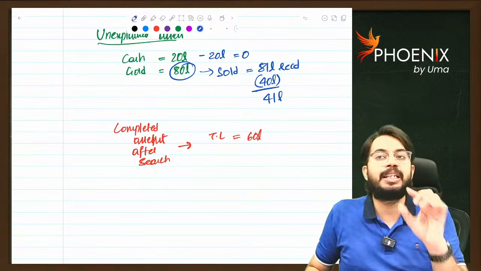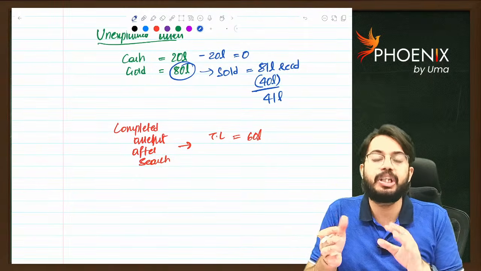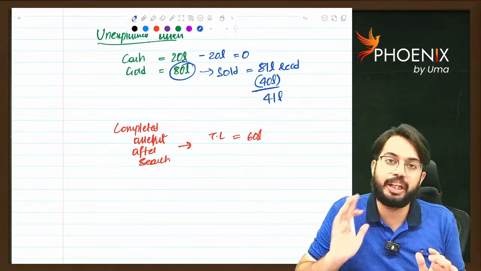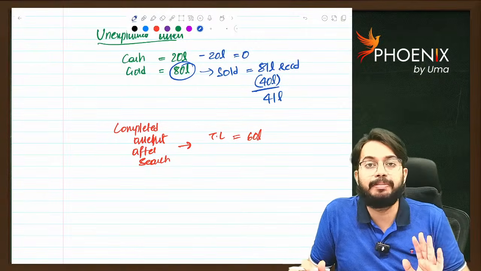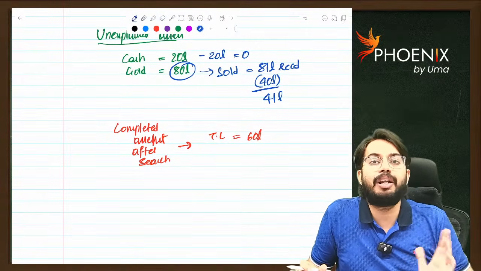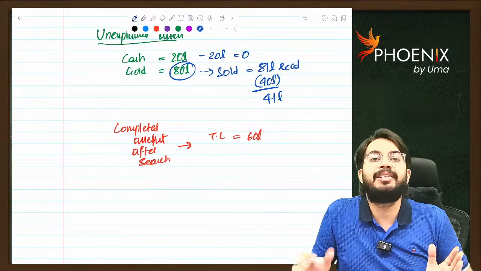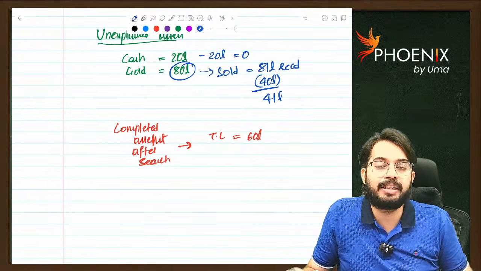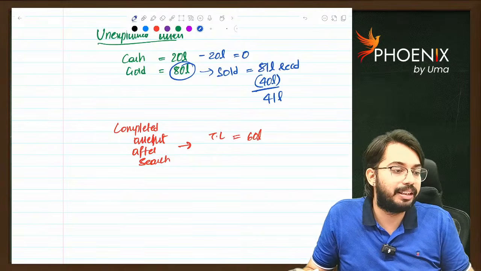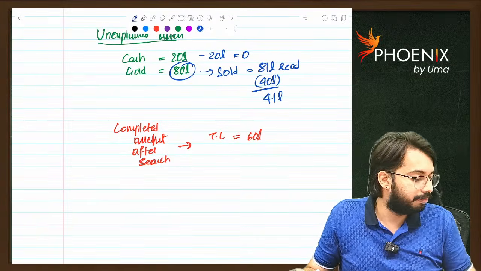So explained assets will be given after completion of search if the application is made within 30 days. But unexplained assets will be given only after completion of assessment. After completion of assessment, whatever the tax liability is, they will adjust it against unexplained assets. Whatever the balance of unexplained assets is, will be given to the assessee. They will understand.